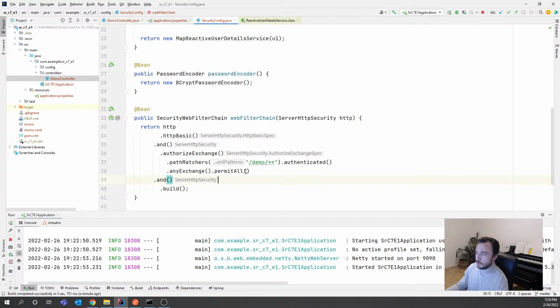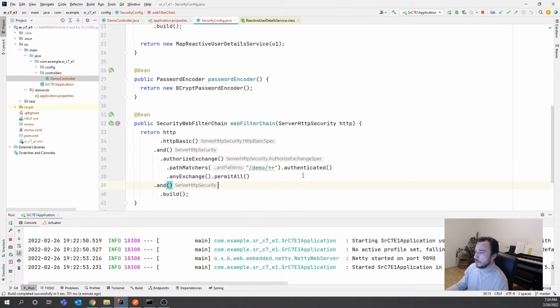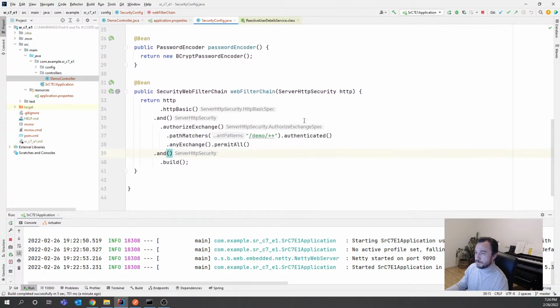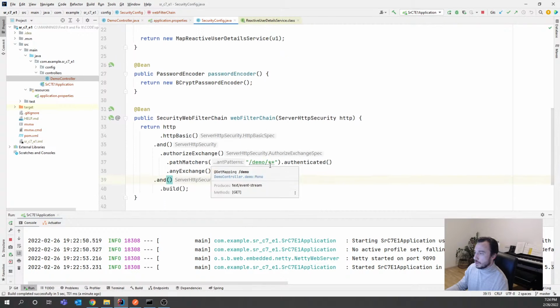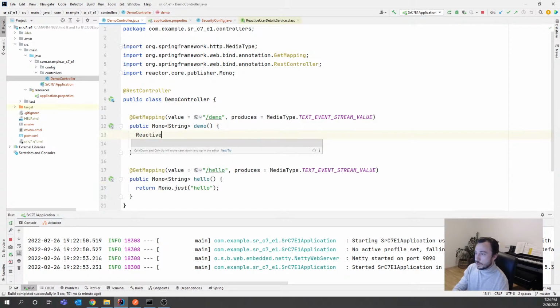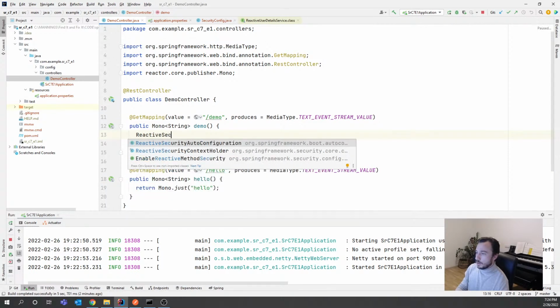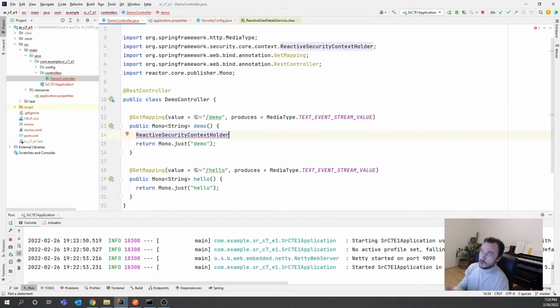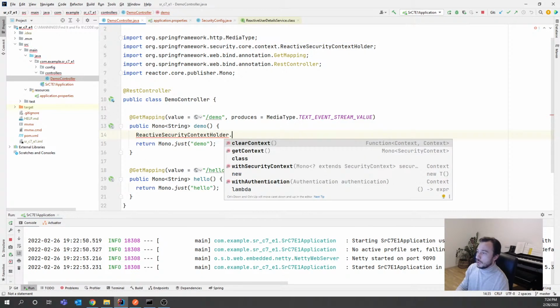But if you already know how to use Spring Security for non-reactive applications, then it's very easy to adapt it to reactive applications. So that's basically it. If we discuss the security context, for this we also have a special version, let's call it like this, of the reactive security context holder, and you will see now the difference between what you used to